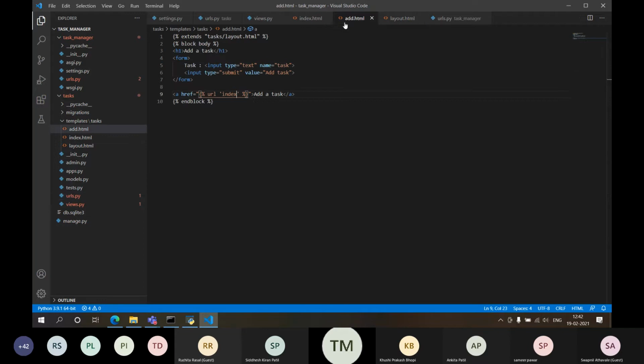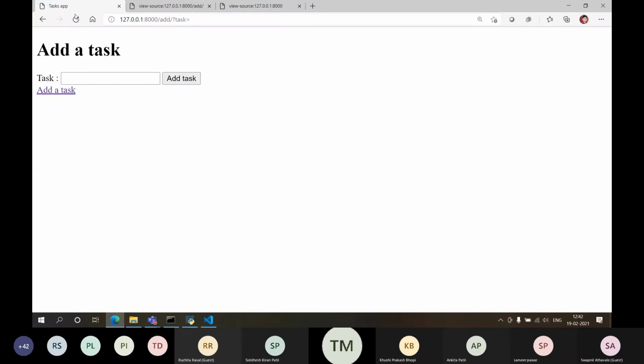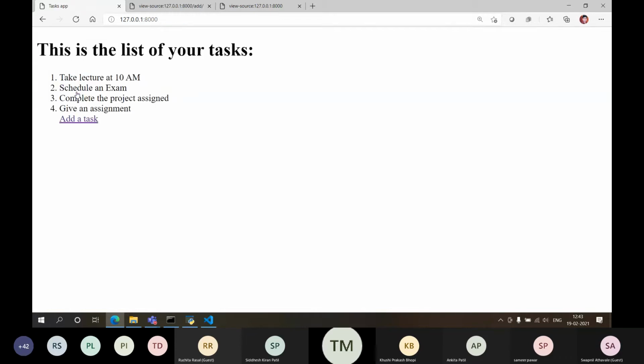What have I done over here? Add. I need to mention a list of tasks over here. So I want to get a list of tasks, and that is why by default when I click on this link, a get request will be sent to the server, and then that request will be accepted by my urls.py. It will be forwarded to the urls.py of my tasks, and from there a proper URL of that particular page will be taken, and then I'll be getting the list of tasks. This is the get request.